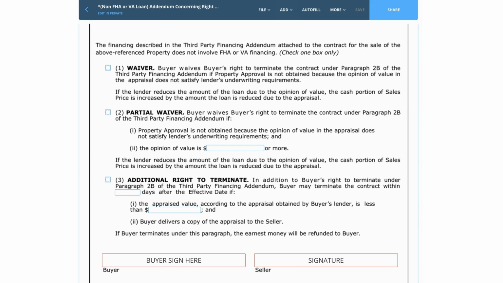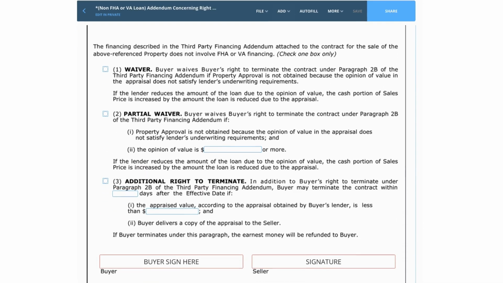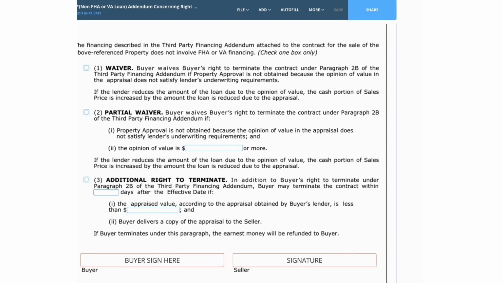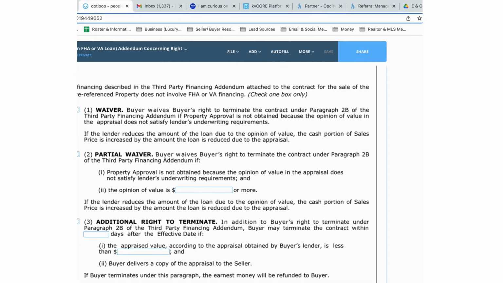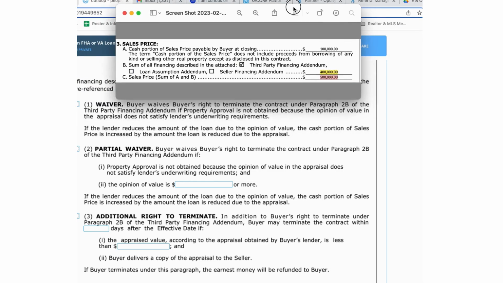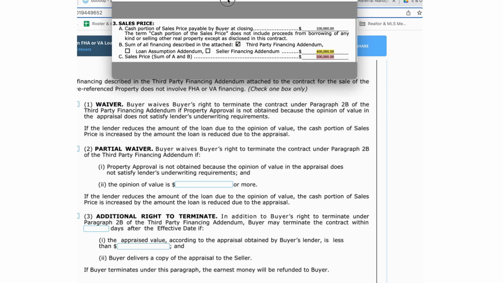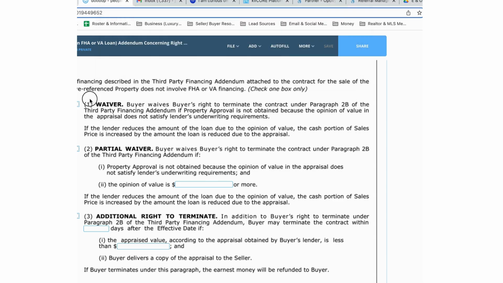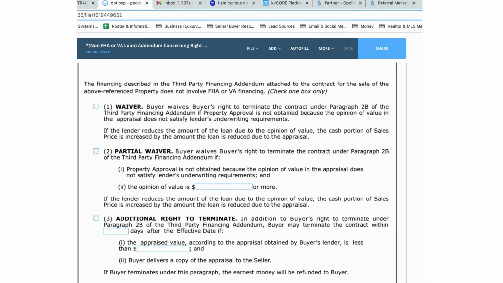So what we're saying here is no matter, let me bring up. I think that's it. So when you're looking at the 1 to 4 contract and you're looking at this portion of it, paragraph 3, generally the home has to appraise for the sales price. If it does not appraise, the lender's not going to loan you more than the home is valued at. So what it's saying is if it's valued for less, and you choose this option, move things over, there we go.